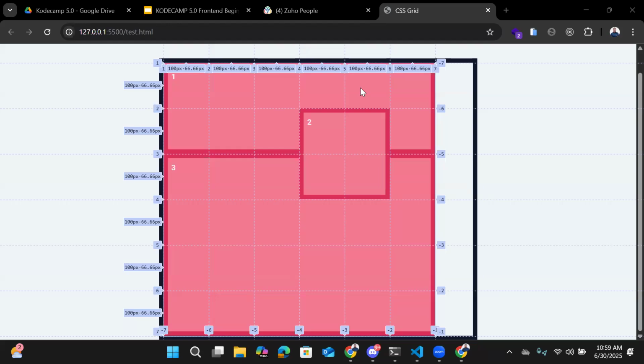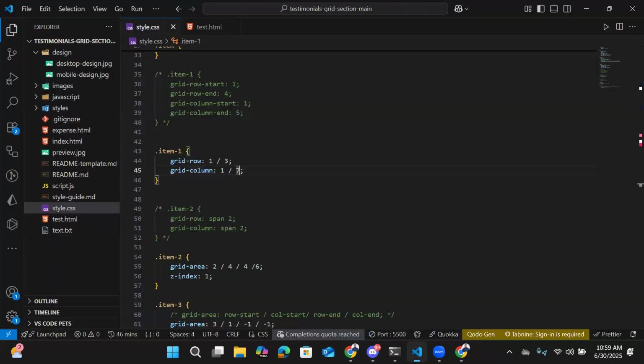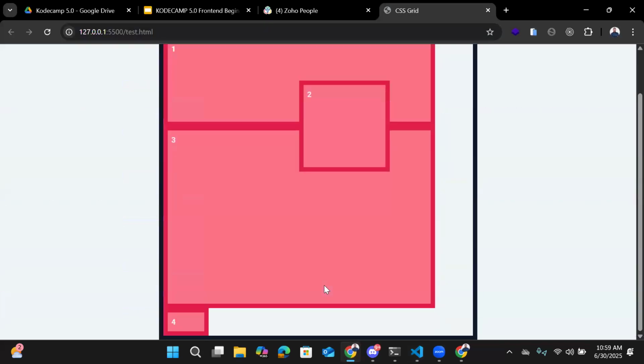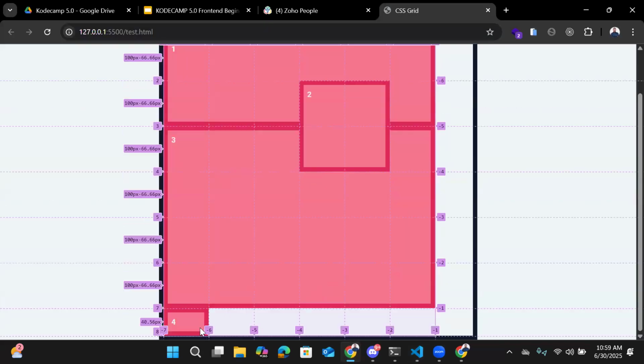So do we understand? One thing I want you to know now is, if at any point in time I add a new element to our HTML, like this row 4, and I span it right here and define it, it is simply going to automatically create another row below it, because we didn't define